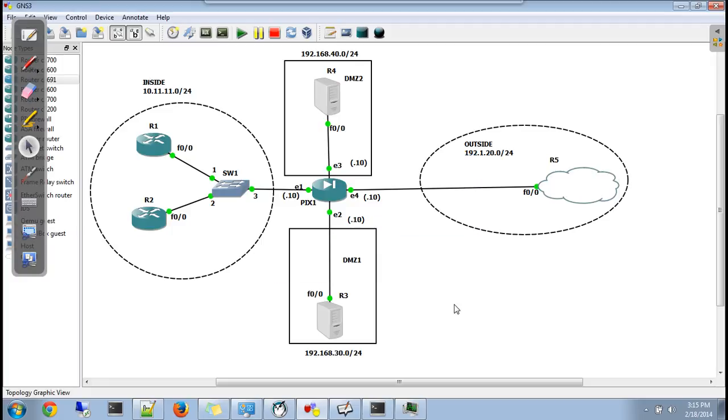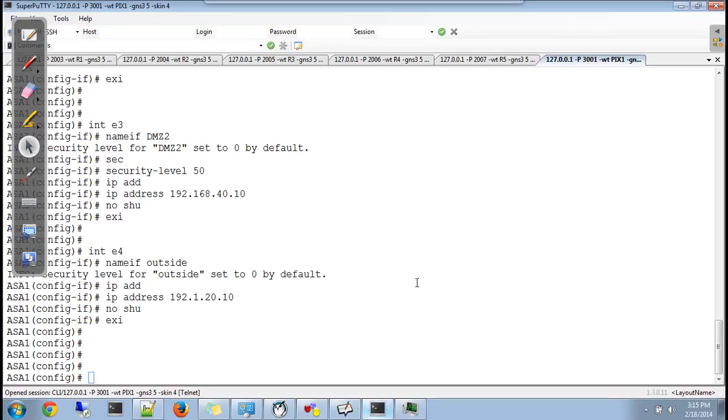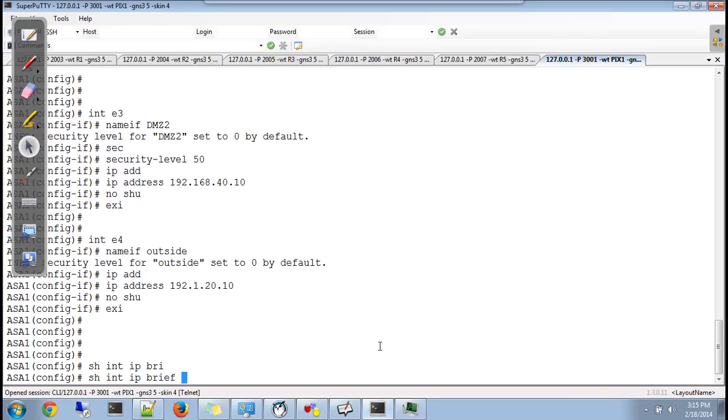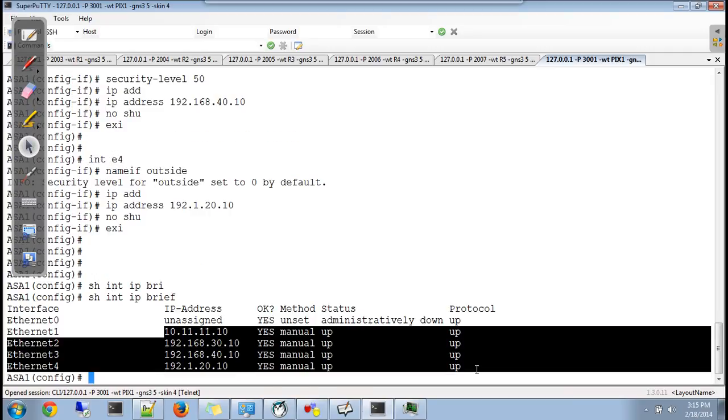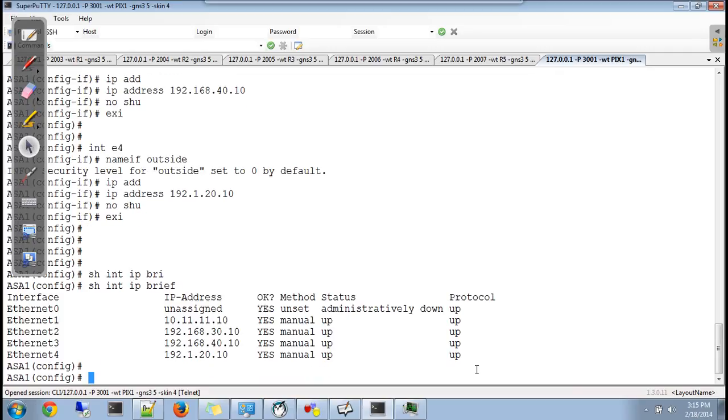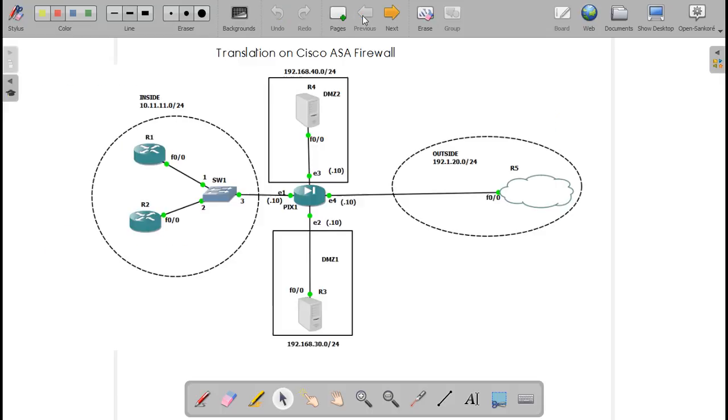So my network is up. How do I check? Show ip interface brief. All are up. The next step at this moment should be to ping your directly connected interfaces.